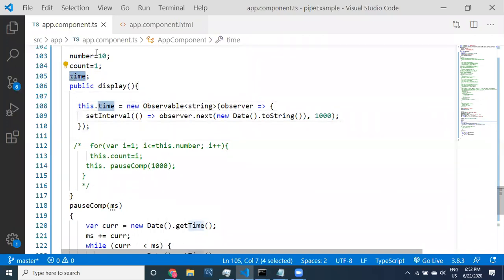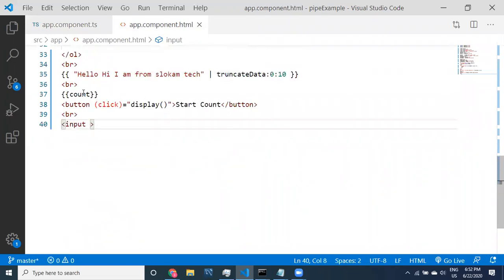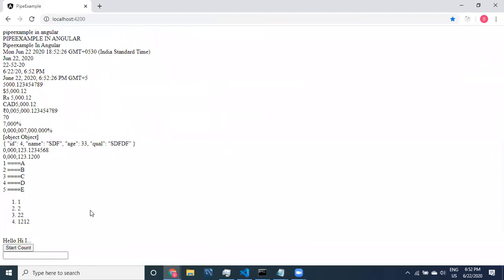Now see here, this time is going to keep displaying. Here I'm going to use, instead of count, I'm going to say time. So async. Yeah, let's look at it. See here what's happening. If you observe carefully, this is going to keep updating this information. See here, guys, what's happening. And meanwhile, the time is getting counted, right?